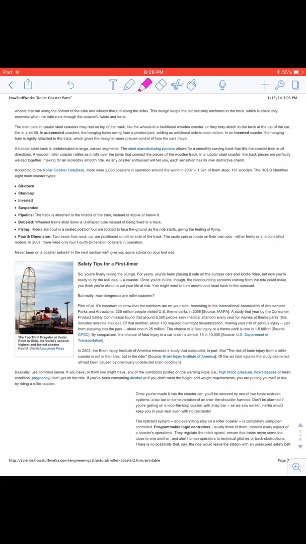According to the Roller Coaster Database, there were 2,088 coasters in operation around the world in 2007, 1,921 of them steel, 167 wooden. The RCDB identifies 8 main coaster types: sit down, stand up, inverted, suspended, pipeline, the track is attached to the